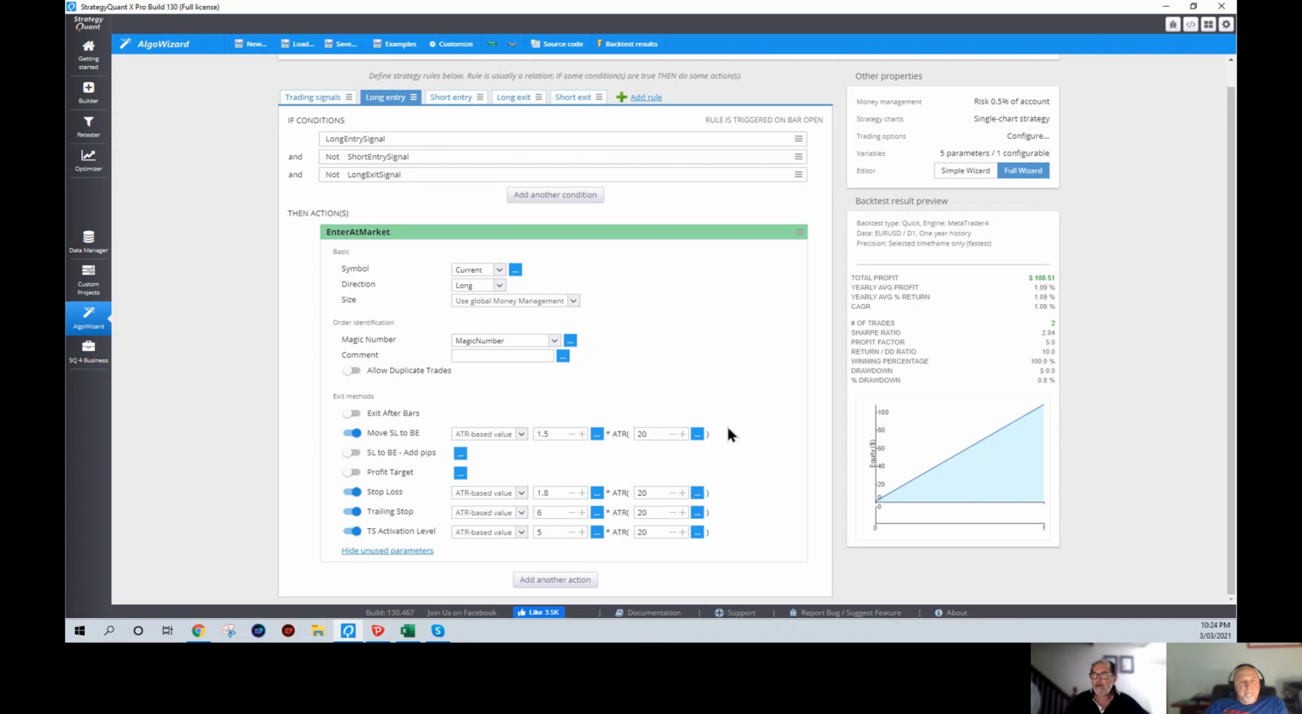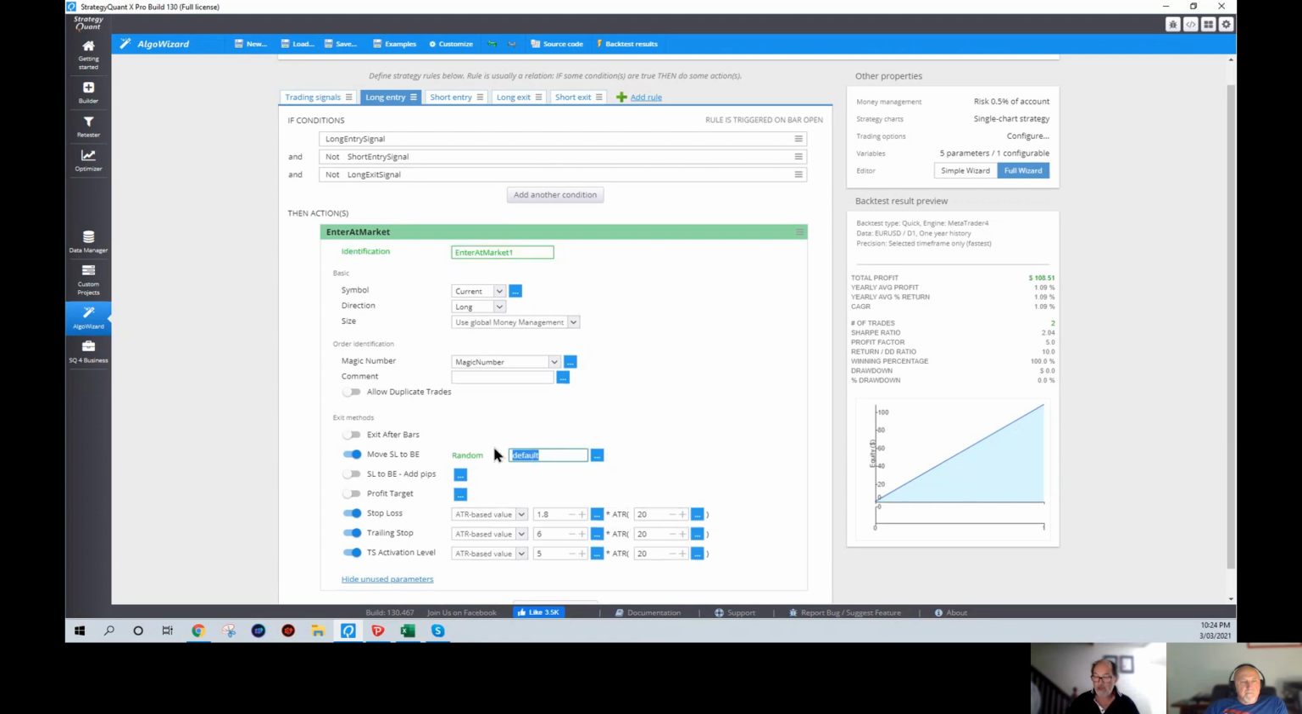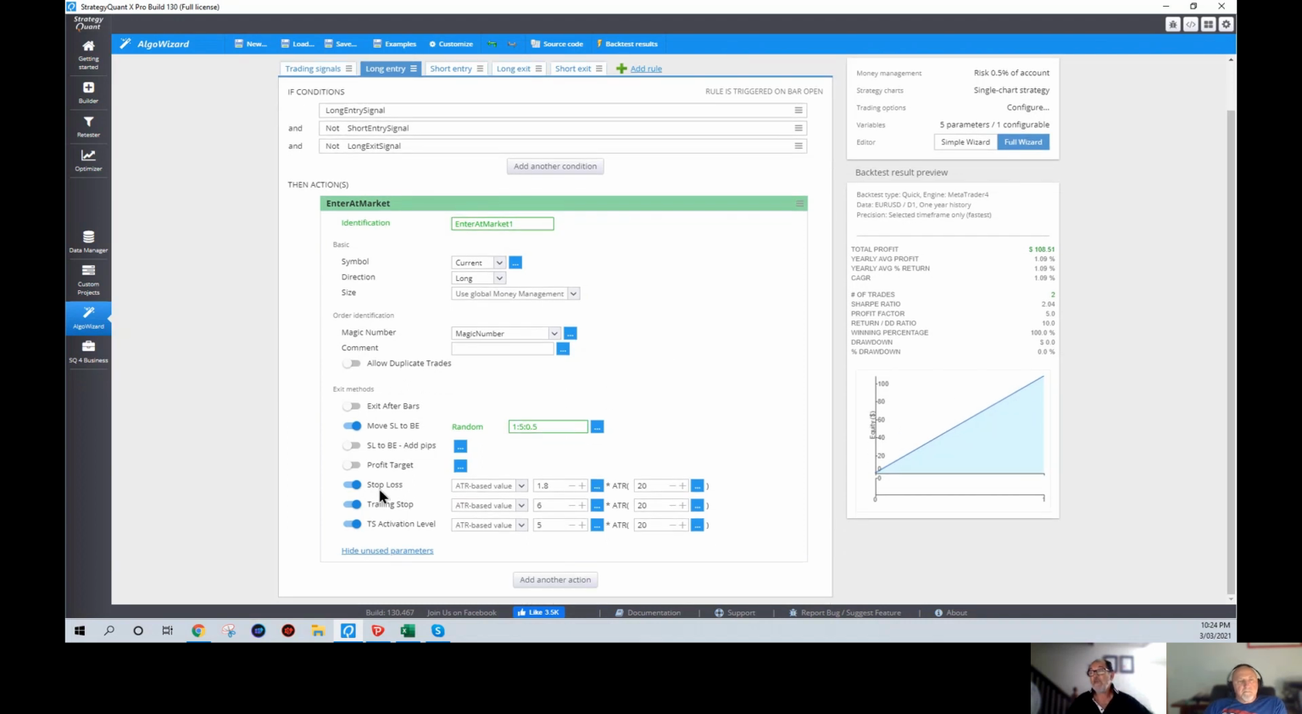Here, in this instance, I just wanted to test an ATR period of a 20 bar look back, but I do want to vary the multipliers used for the ATR. In this case, my move stop loss to break even, I want to generate randomly, where I wanted to work within a range of 1 up to a maximum of 5 multiplier with steps of 0.5. Once again, with a stop loss, I also want to use an ATR based value, and 20 period ATR is fine for me,